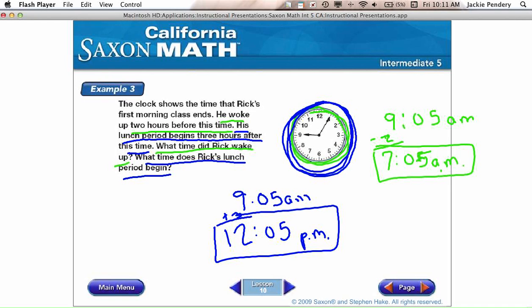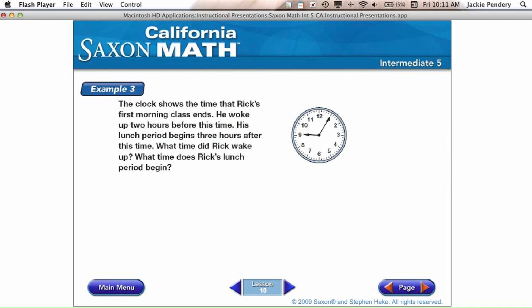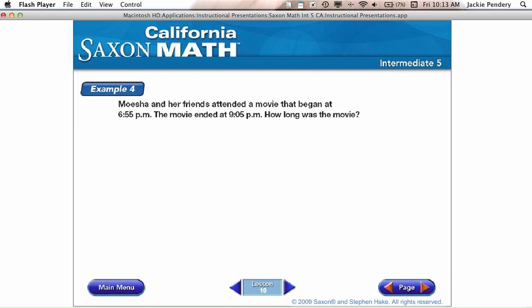All right, let's look at example 4. Example 4, Moesha and her friends attended a movie that began at 6:55 p.m. The movie ended at 9:05 p.m. How long was the movie? So, it ends at 9:05. It starts at